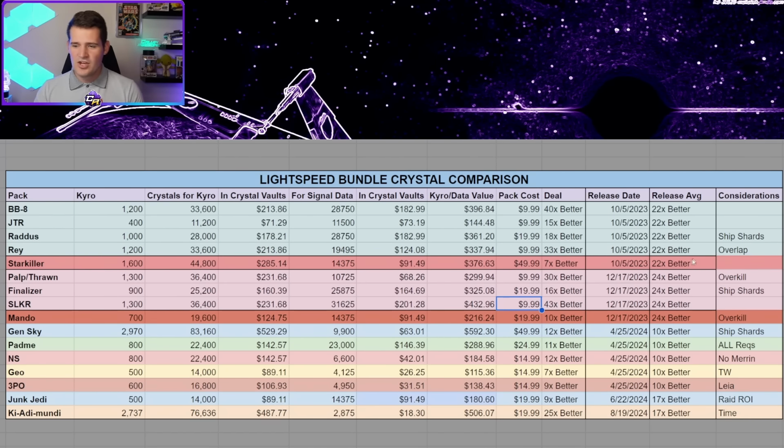You will see on the very far right hand side here, we did put in a few nuances when it came to buying some of these packs and how it might overall change things. You saw that we only put 16 times better and 18 times better for the Radis and the Finalizer packs, but that was not including ship shards at all. And since you can farm them fairly easily, I didn't think to actually factor that into the calculation